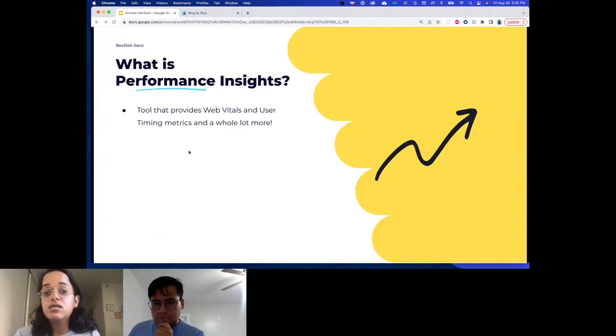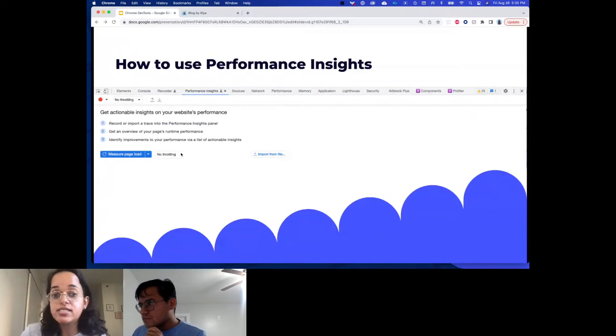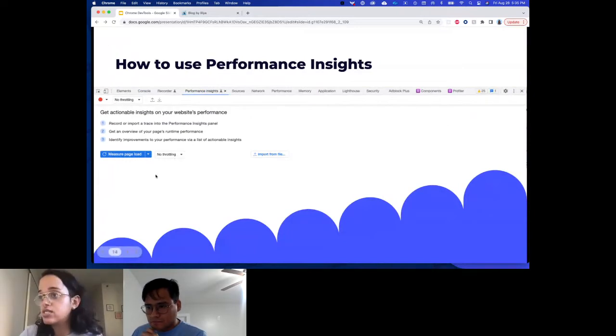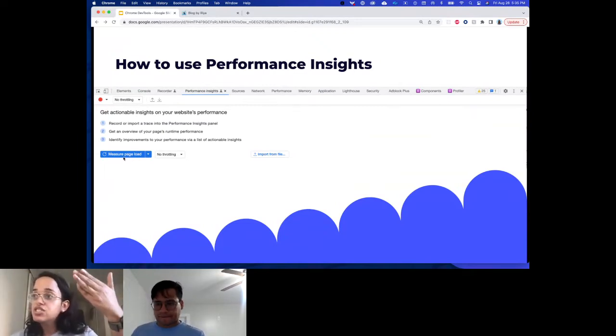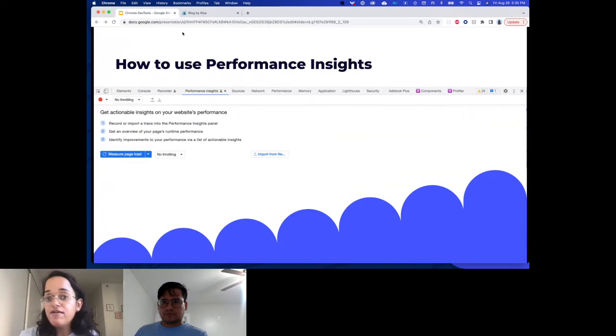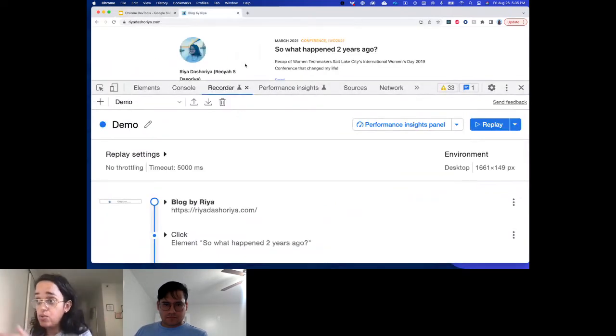So, which is why there's this tool called Performance Insights. There are multiple ways to go to the Performance Insights. You can start by restarting the page: if you click on this, measure page load, I don't know if you can see it. If you click on measure page load, it will not restart, but refresh your page, and then you will be able to see performance metrics for those. However, if you want the performance metrics for this entire flow, you can also do